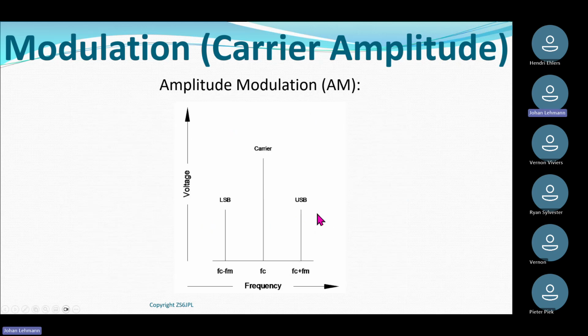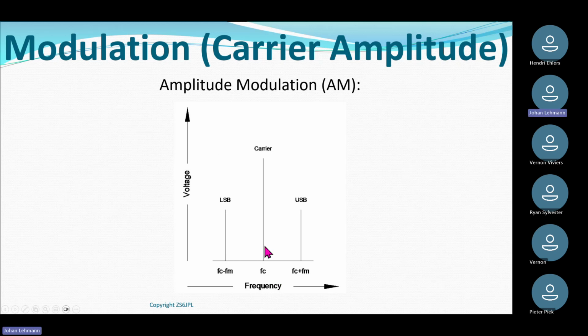If I look at it in spectrum, you will see I have a carrier frequency. I have the information in the upper sideband, and I have the information in the lower sideband. If you think back of the lecture on mixers, what is the output of a mixer? It's the sum of the two frequencies, but also the difference of the two frequencies. And it's exactly what you see on the spectrum of an AM modulated signal.